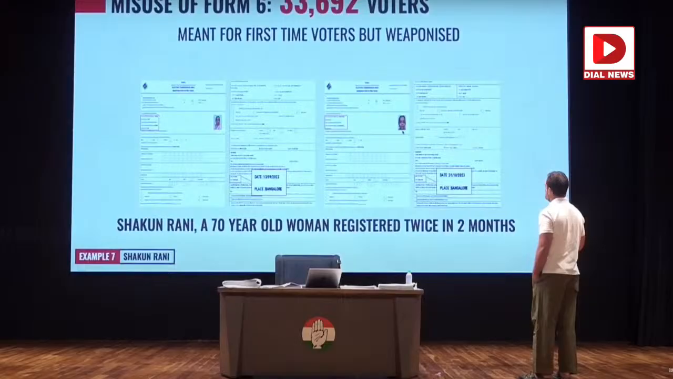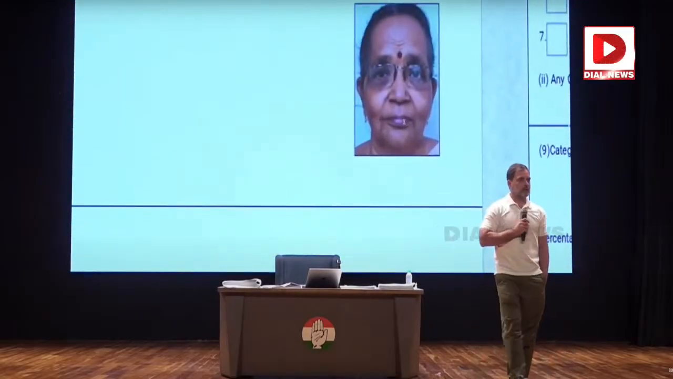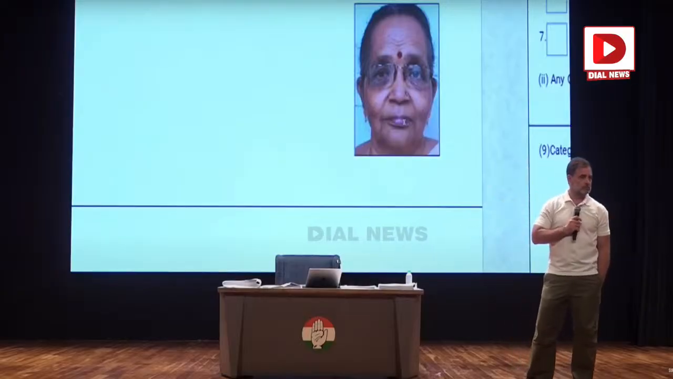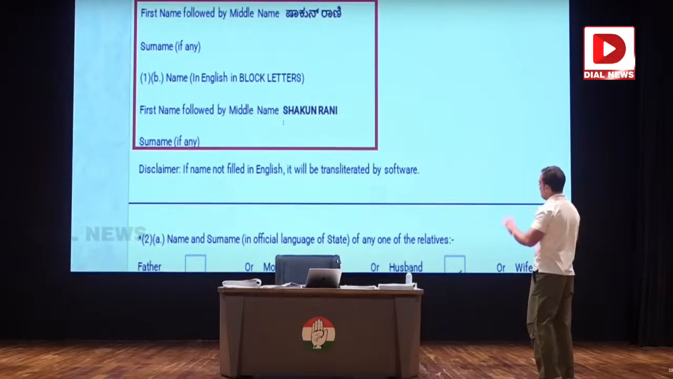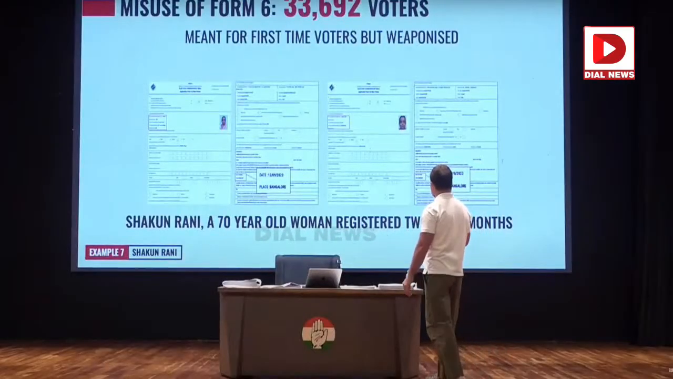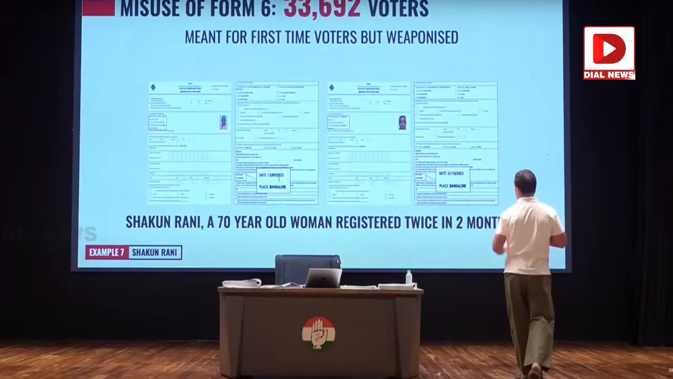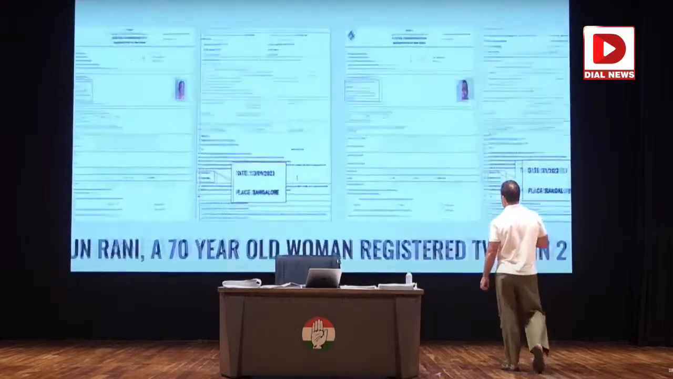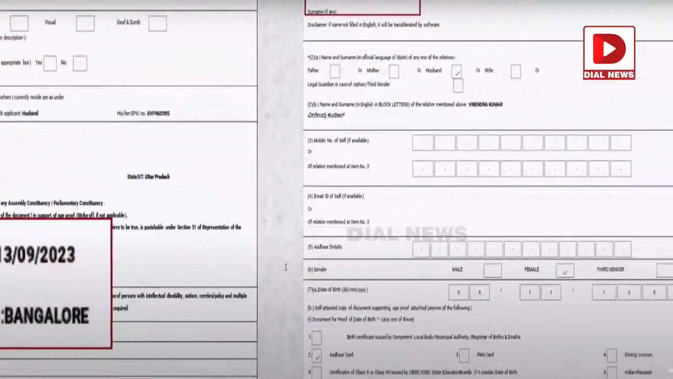Look at the picture. So this is essentially a zoomed in picture that they've taken. And this is now suddenly a new voter. Go back. Now, she has no surname, but her first name is Shakun Rani. Right? Go back. But what's really interesting here, now she uses this form twice. She uses it first on the 13th, 13/9/23, and then she does it again